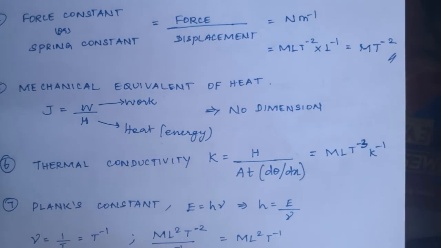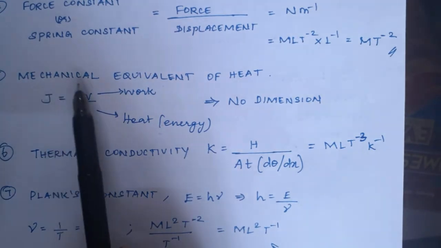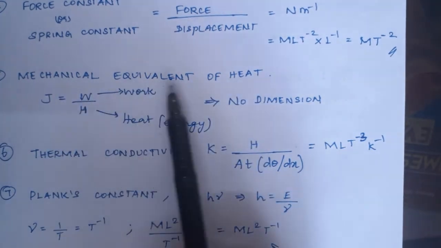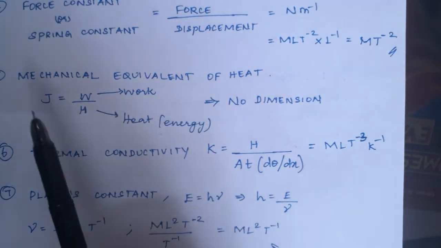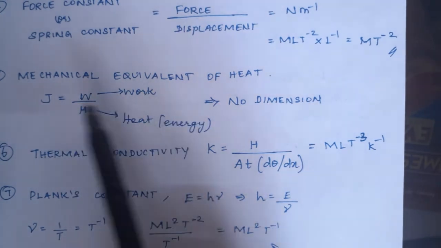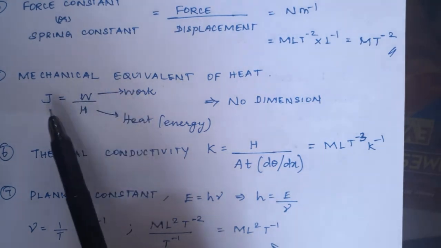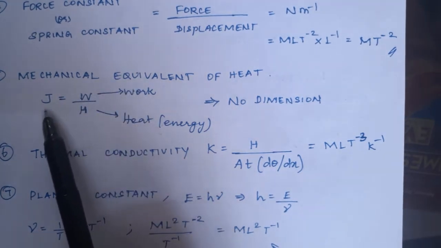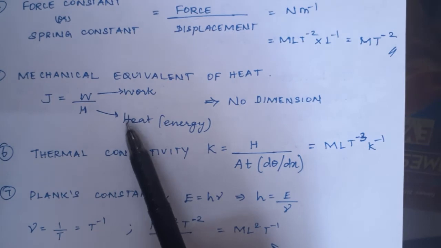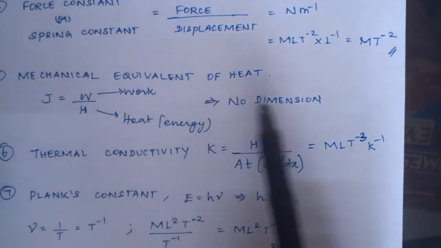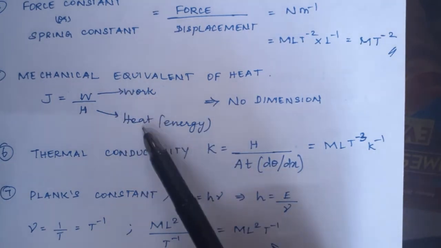Then we will go for one more, which is mechanical equivalent of heat. So, work is proportional to heat. Heat is proportional to work done. That is, energy is proportional to work. Work is proportional to energy. So, if you equate work and heat energy, one constant appears. That constant is the mechanical equivalent of heat, Joule's mechanical equivalent of heat. Since both are equivalent physical quantities, work and heat, heat is a form of energy. So, Joule's mechanical equivalent of heat has no dimension because it is the ratio of the same physical quantities, work and energy.